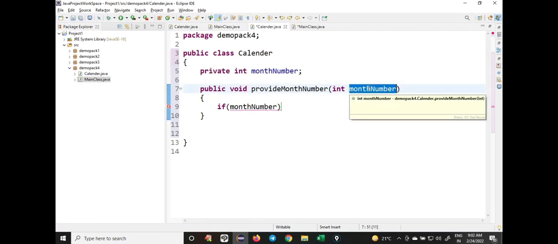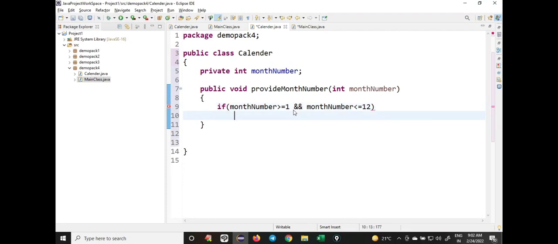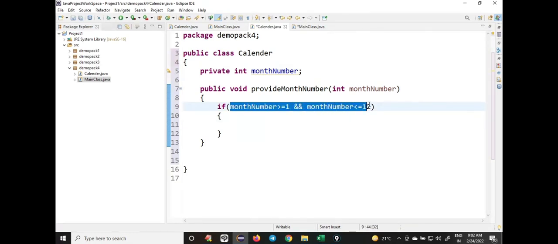First I will validate it. Month number correct or invalid, by putting the condition month number greater than or equal to 1 and month number less than or equal to 12. If you pass this security check,